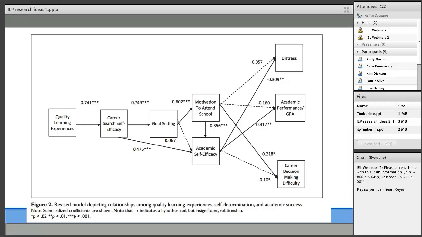This is actually data that was done specifically with students with disabilities, and it's a publication that's listed on the website. So we were able to get a large enough sample, which is very hard when you're working with students with disabilities. But because we were working across this national group, we were able to gather enough where we could put together a nice path analysis. And what it's doing is showing that quality learning experiences, in this case, access to quality academic supports,